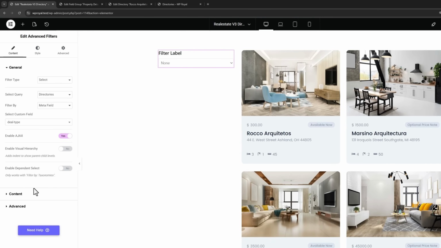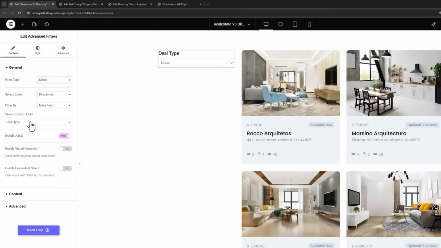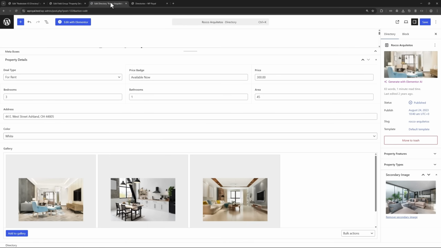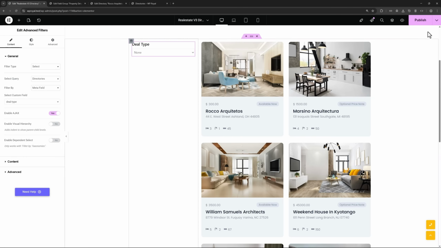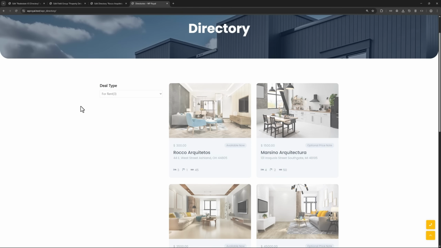I will change the filter label in content settings. Go back to general settings where this deal type is a custom field I showed you a minute ago. In ACF field groups, there is this custom field called deal type. Let me go to one of my posts where you can see that deal type is set to for rent. Go back to Elementor to save the changes. Go to the live site, refresh the page, and you can see that the select custom field is used as